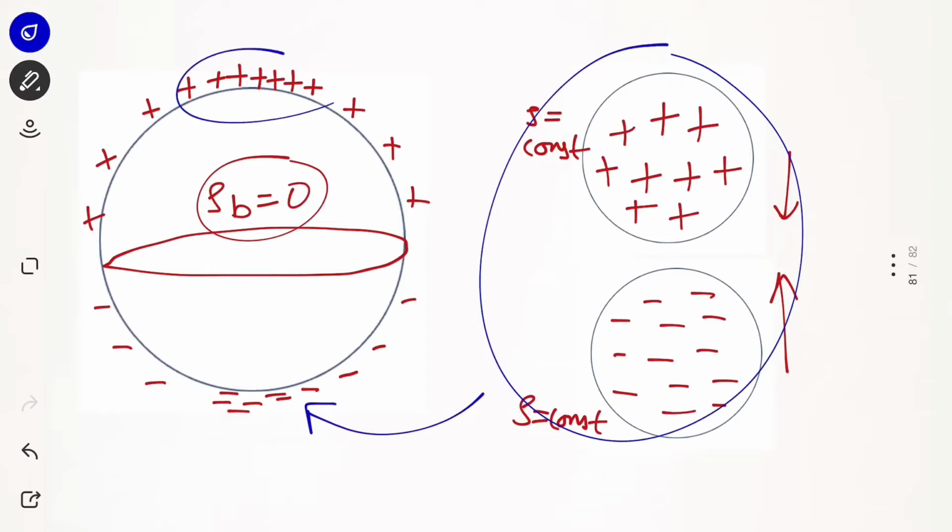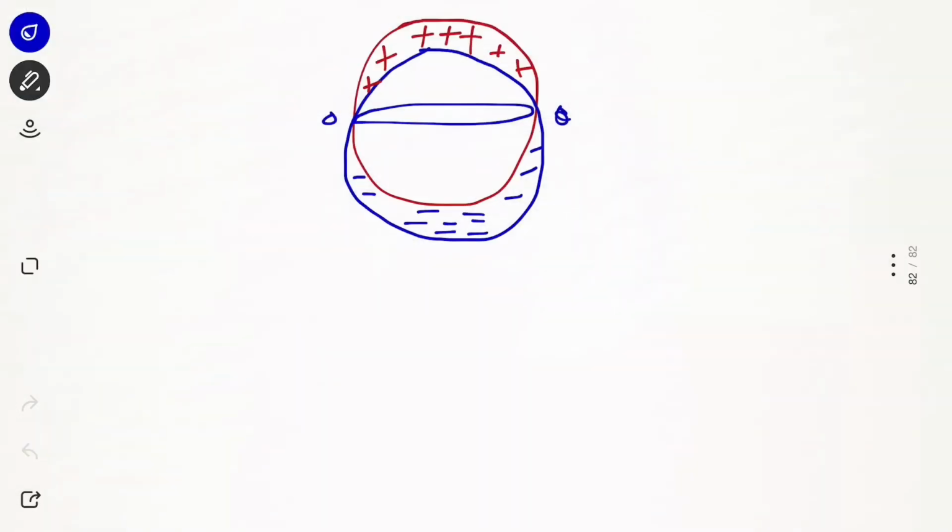Here also we had more charges on the upward side and downward side, and as we go away from the point, the charge density is decreasing, and we have just made this analogy like a real case. Now how are we going to calculate E inside and E outside? The main question is how we are going to calculate E outside and E inside for this case.